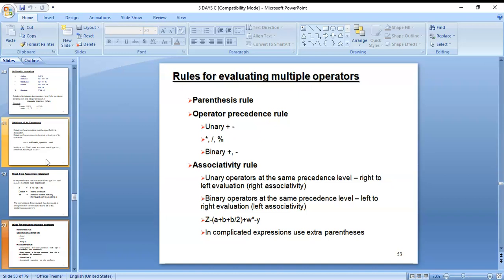Here, z minus (a plus b) by 2 plus w into minus 5. In complicated expressions, use extra parentheses.